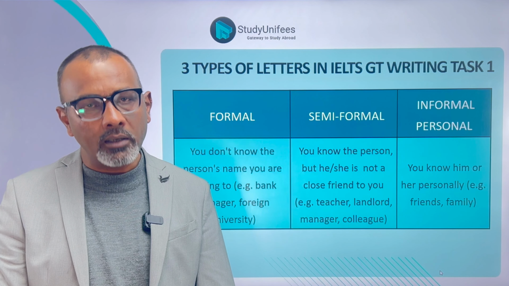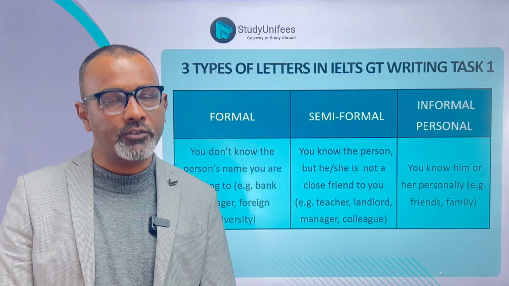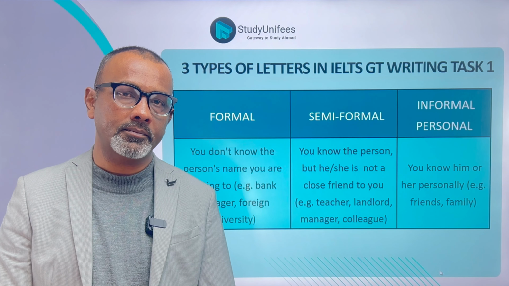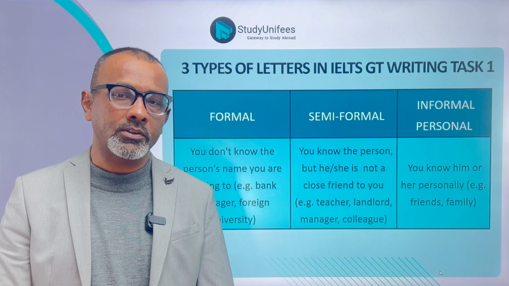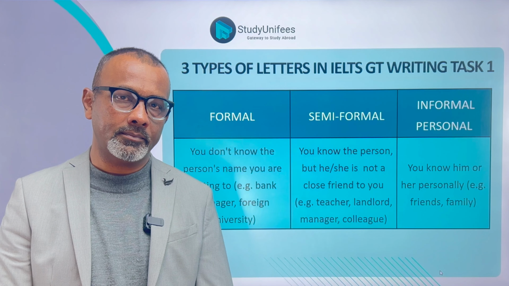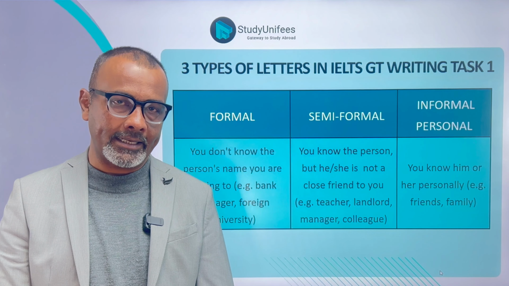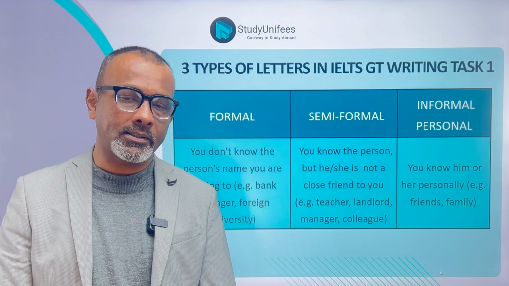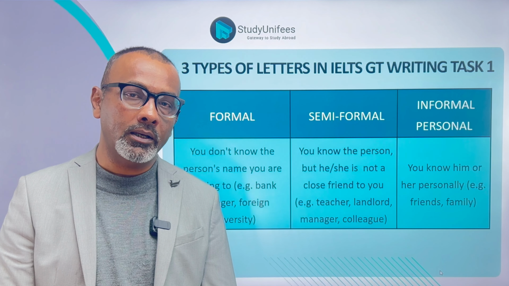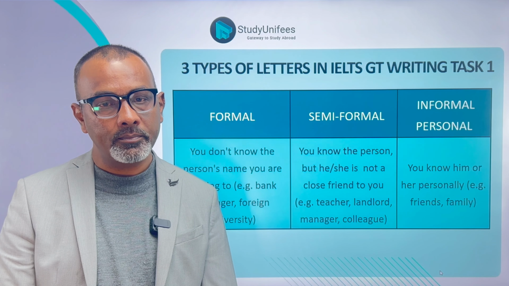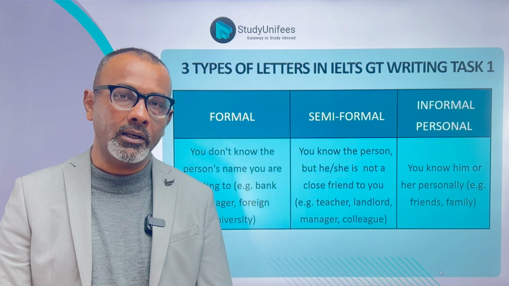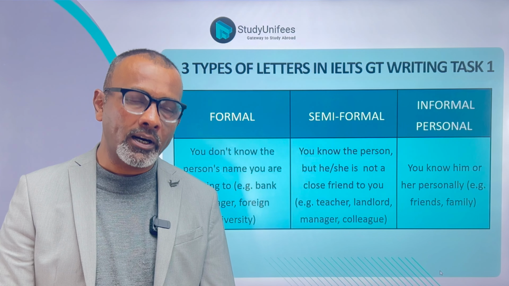So, what are the three kinds of letters you have to write in Writing Task 1 in the general training or GT-IELTS? You are required to write formal, semi-formal, or informal or personal letters. So what is a formal letter? It is to a person that you do not know. You do not know this person personally, neither do you know their names. This could be to a bank manager, a foreign university, or to the head of an organization that you do